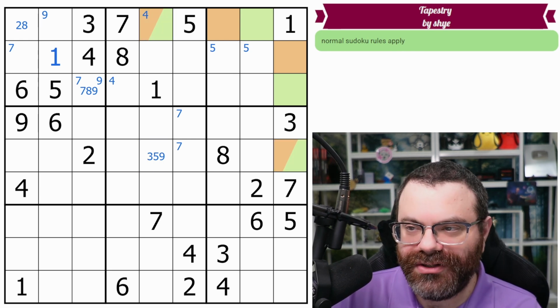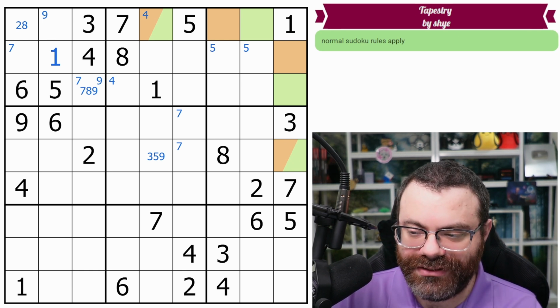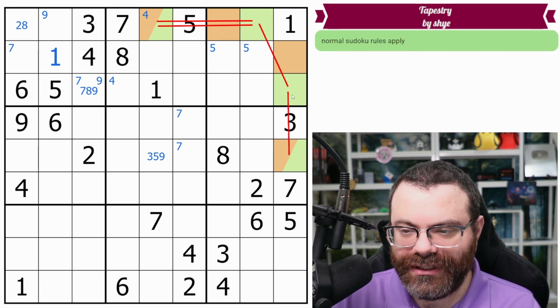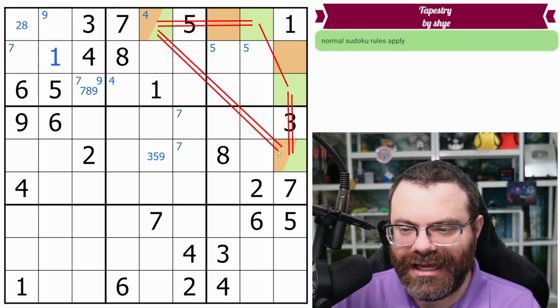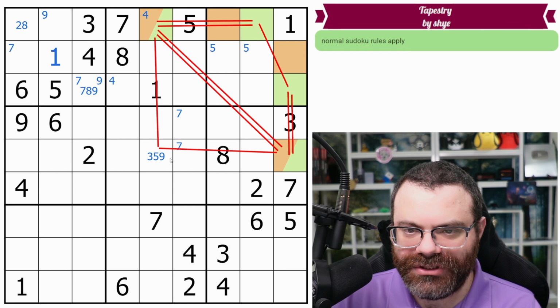By the way, if you want to use strong and weak link terminology, you're certainly welcome to. It's a very straightforward alternating inference chain. So let's use the green, for example. So 4 has a strong link here. It has a weak link here, and it has a strong link here. And so that makes these two a strong link. And when you have a strong link, it means that one of those candidates must be true, which means any shared weak link between them, any shared destination of a weak link, is eliminated. So in this case, these both have a weak link to row 5, column 5, which eliminated the 4 from